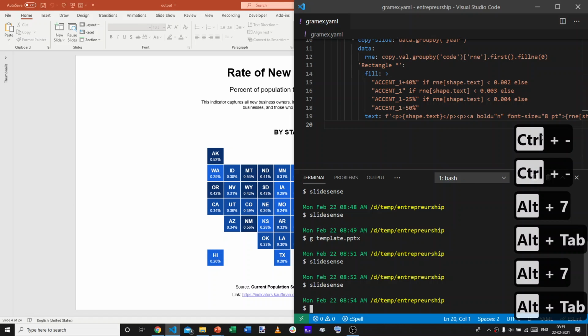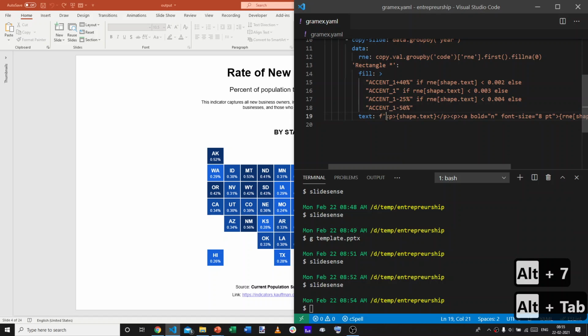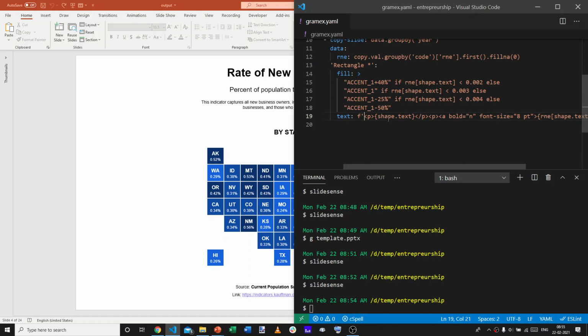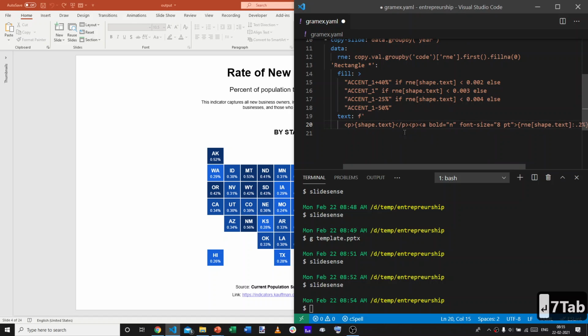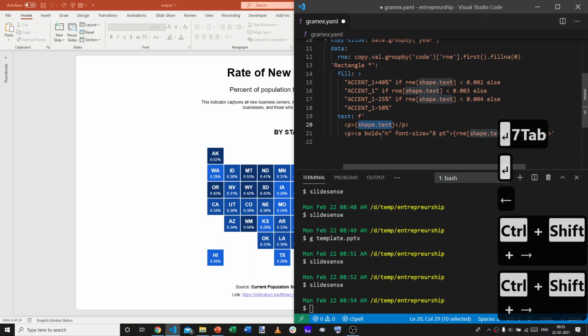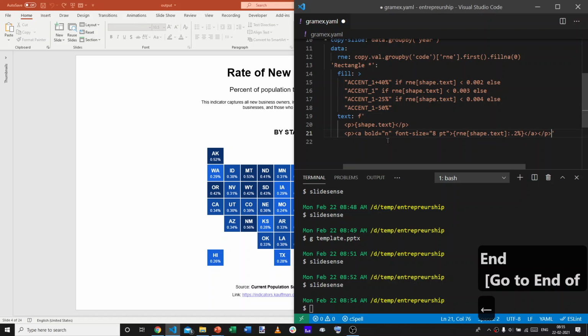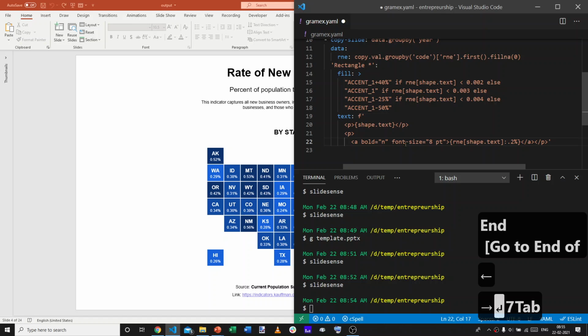What we just did was we said the text should be, and we put in something somewhat complex here. Let's explain. We said, let's create a paragraph. The paragraph should contain whatever the shape text originally was. Just take the original shape's text, put it in there. But after that, add another paragraph, a second paragraph. And this paragraph will contain